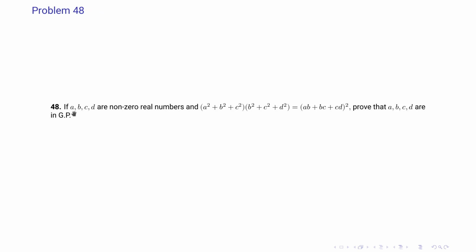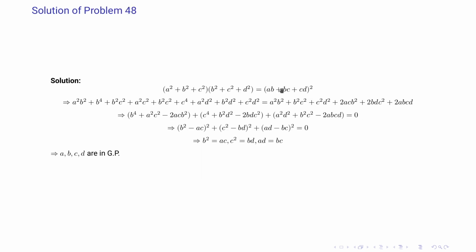Problem 48 says that if a, b, c, d are non-zero numbers and (a square plus b square plus c square) multiplied with (b square plus c square plus d square) is equal to (ab plus bc plus cd) whole square, prove that a, b, c, d are in GP. Now since this is given, we multiply the left hand side and we square the right hand side, then we take out the common terms and we get the